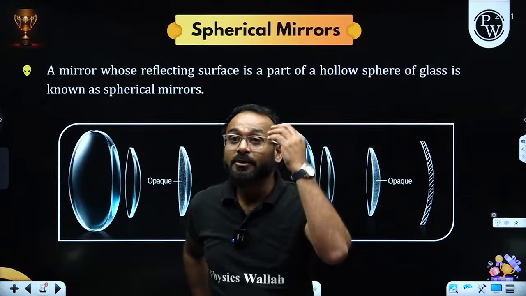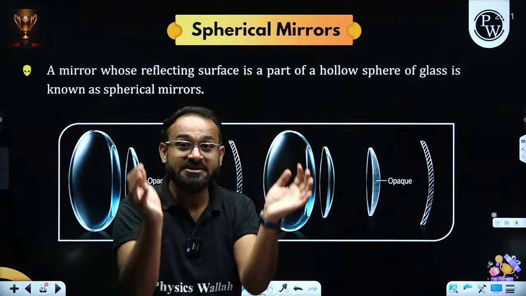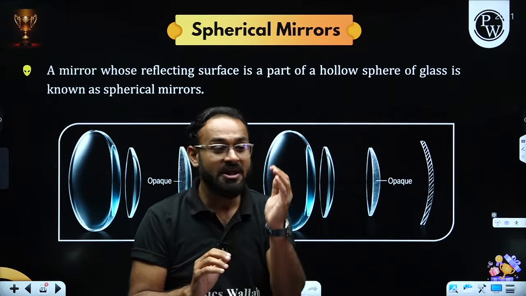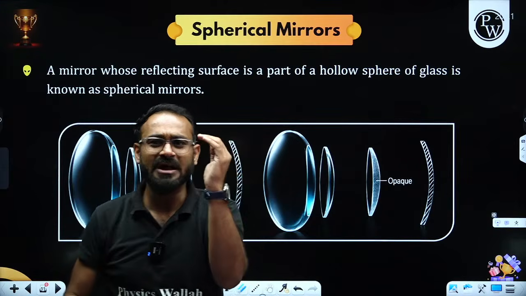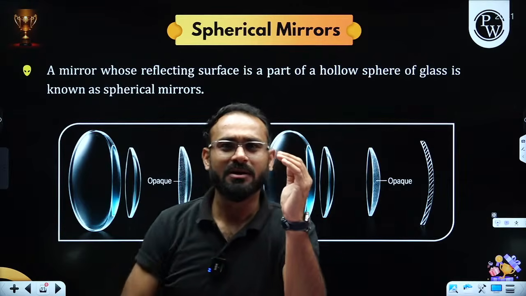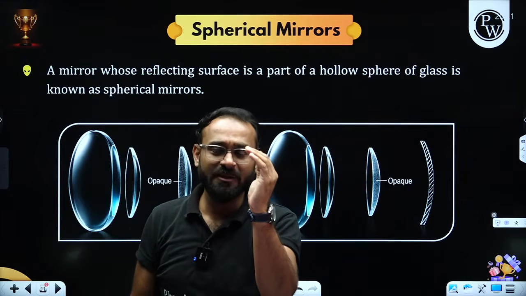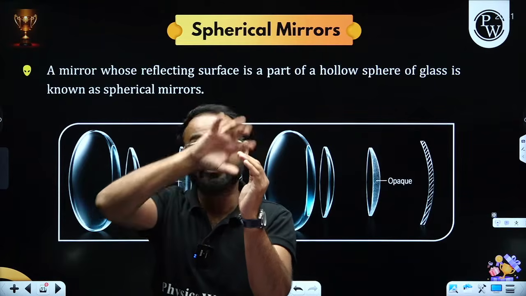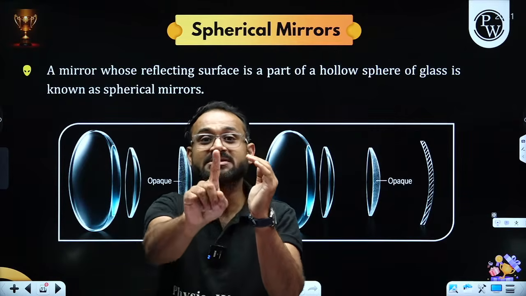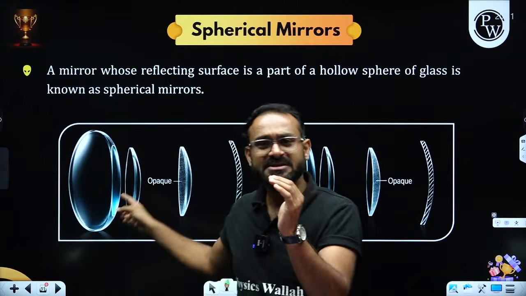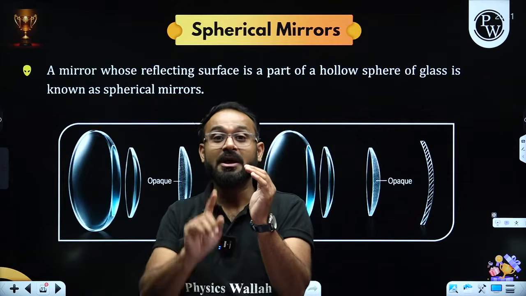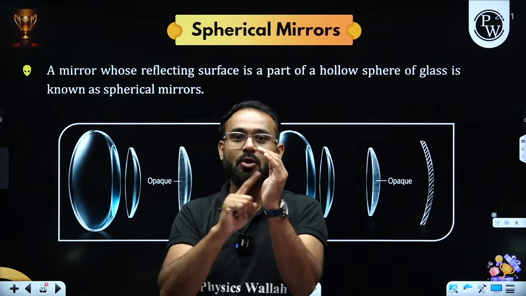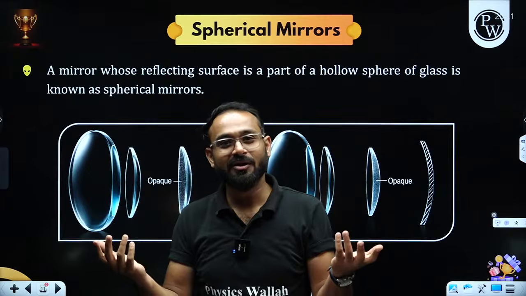First of all, you need to imagine that if a complete sphere is there, and I cut a small portion, it will be slightly curved, na? Yes or no? Yes, sir. It will be curved. Because it is a part of the spherical surface, it is known as a spherical mirror. But sir, this seems like glass. No problem. I am going to polish first on this surface, second on this surface, and it will become a mirror.